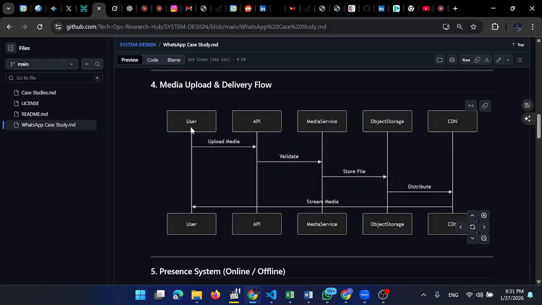So when we talk about the user, there's an upload of media which goes through the API, and then there's the validation which takes place in the media service here, and then there's what you call the store file which takes place in the object storage here, and then there's what we call distribution, and this distribution takes place in the CDN. Beautiful. But there's something else, streaming media. For example, from the CDN to the stream media, how that operation takes place is very interesting because we need to understand that